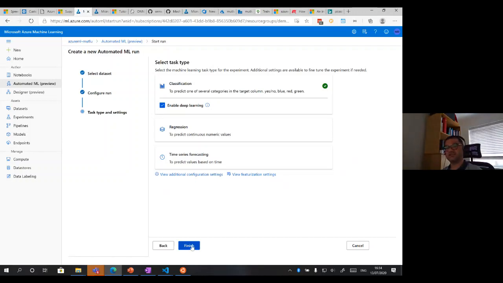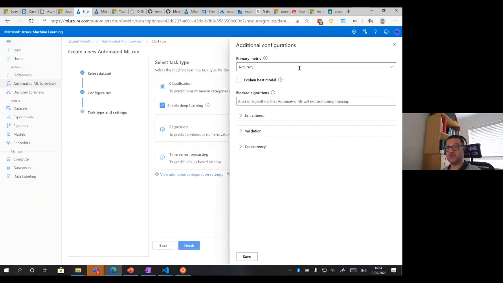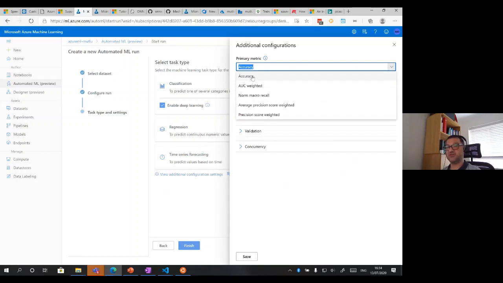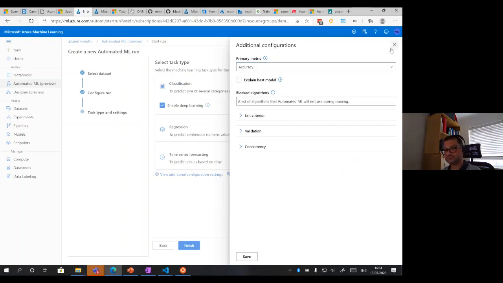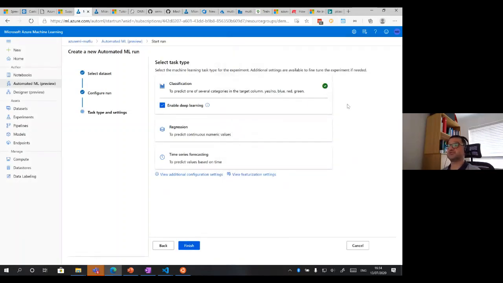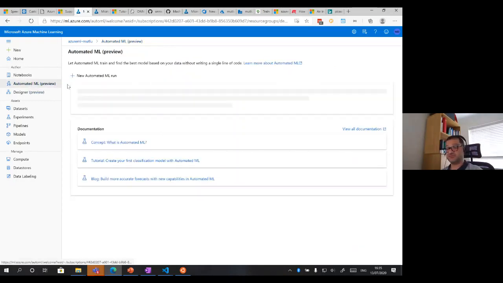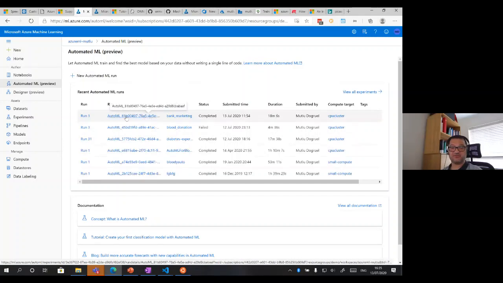This will start the process. If I want to tweak some of the configuration options, I can do so. At the moment, we are optimizing accuracy. Instead, I can say, try to maximize precision, for instance, or I can change the exit criterion. I can say, don't do it beyond 24 hours. I just want you to report the best algorithm that you find within a certain period of time. So I did this experiment just before the session, actually, to save time, and I can